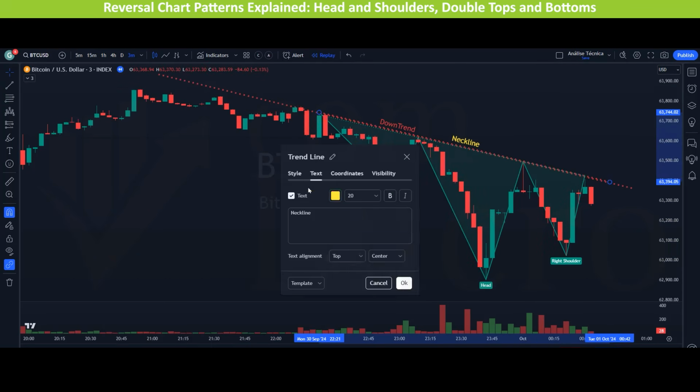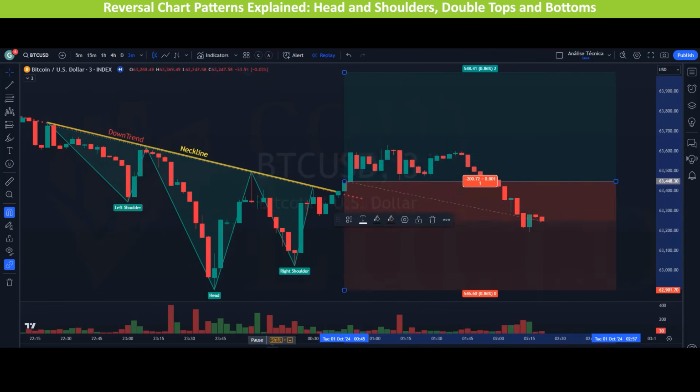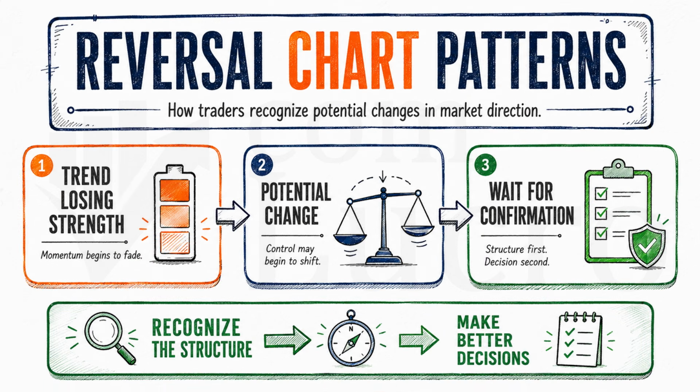Today, we are continuing our technical analysis for day traders course by exploring reversal chart patterns and how they can help identify potential changes in market direction. These patterns can reveal when an existing trend is losing momentum and may be preparing to reverse. By learning how to recognize the structure and wait for proper confirmation, traders can identify more valuable opportunities and make